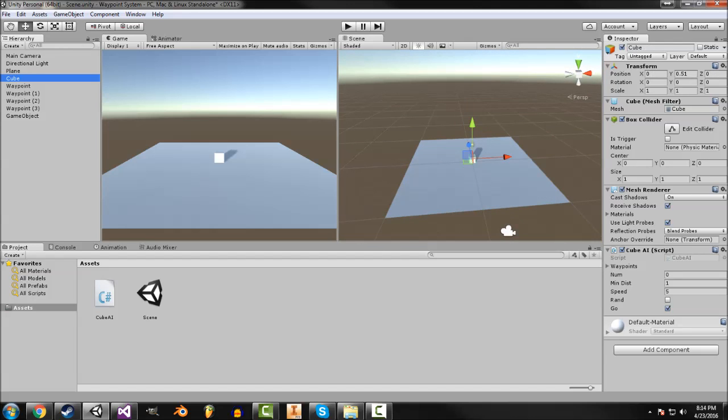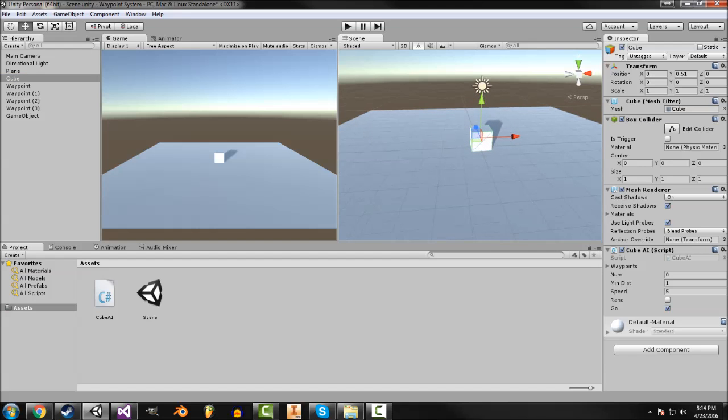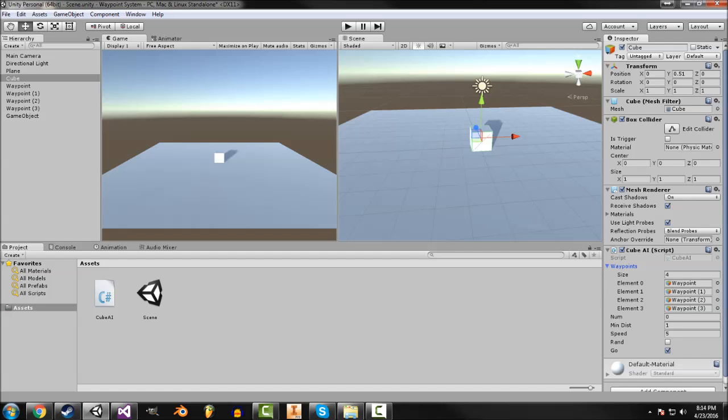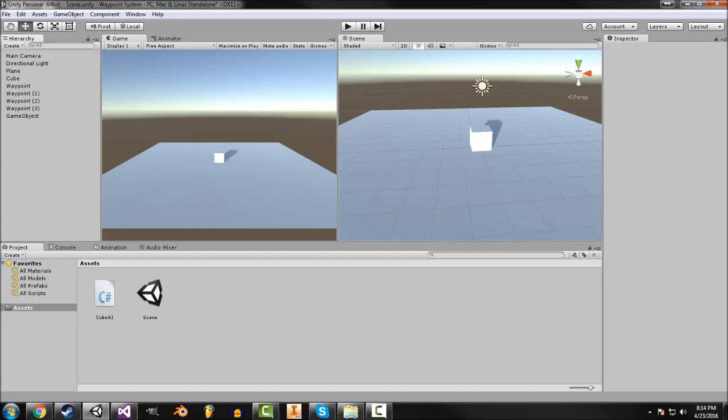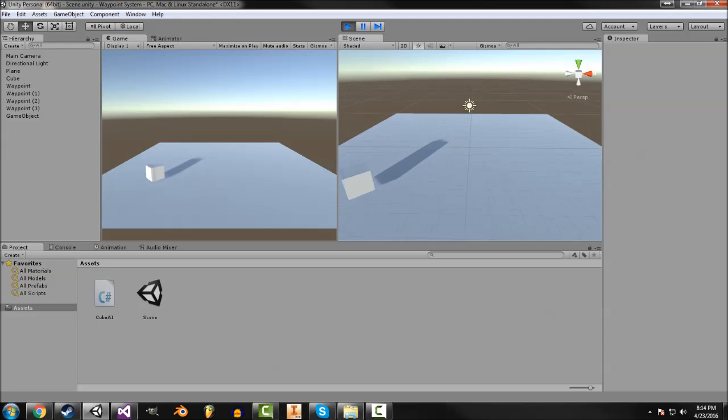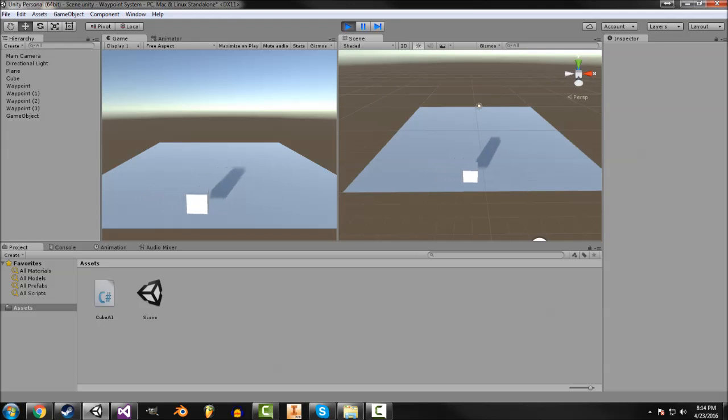I go in here to the cube, or in anyone's case, an AI, and you go into this array of waypoints, increase the size, and then drag this onto the very last one. So now, in this instance, it'll go to the first waypoint, and then the second, third, fourth, and then it should go to the fifth. And there it goes to the fifth, ignoring gravity because I never put on a